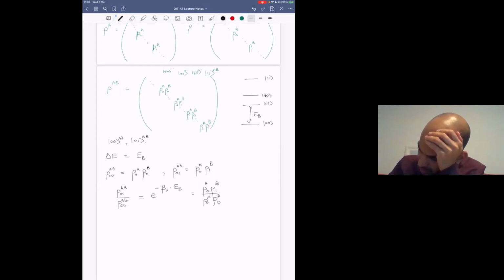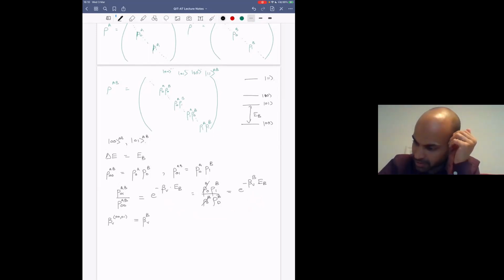P1, P0B, P0 cancels, and this is now P1B upon P0B. But this by definition, we already know is the exponent of the virtual temperature of B times the energy gap of B. And so now if I just look at this equation here, I have very simply beta V, at least corresponding to the pair 0, 0, 0, 1, is just beta V B. So what we find is that this pair has just the virtual temperature of B,